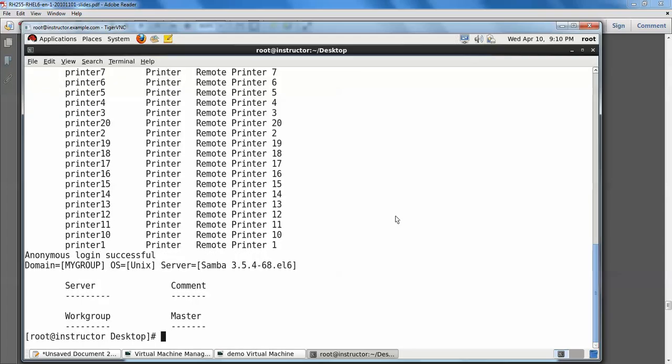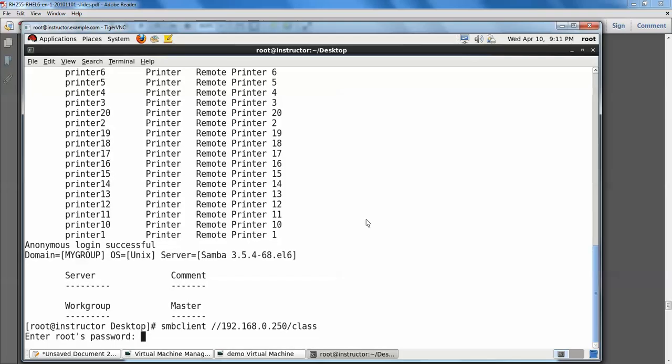So now we can log into that using this. So what should we do? smbclient //192.168.0.250. To list out the files is -L. To login is this one. Enter the root password. For that press enter.